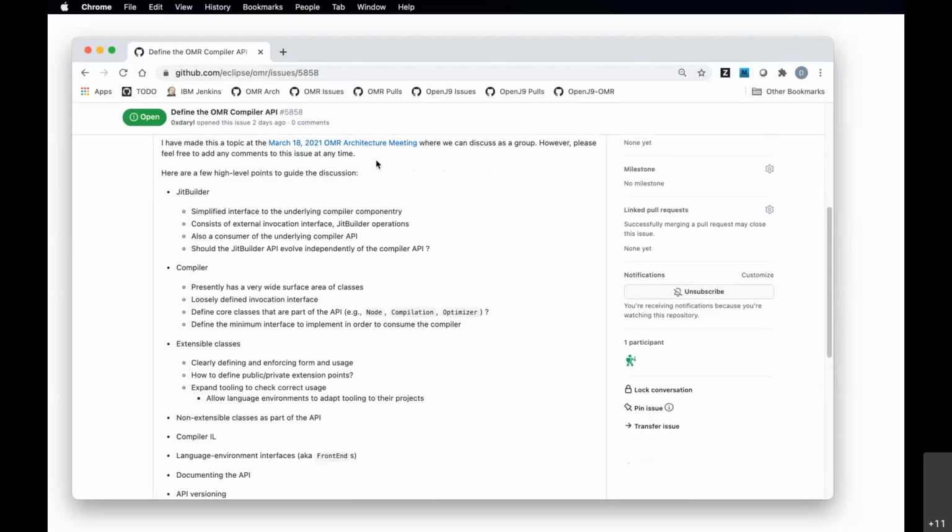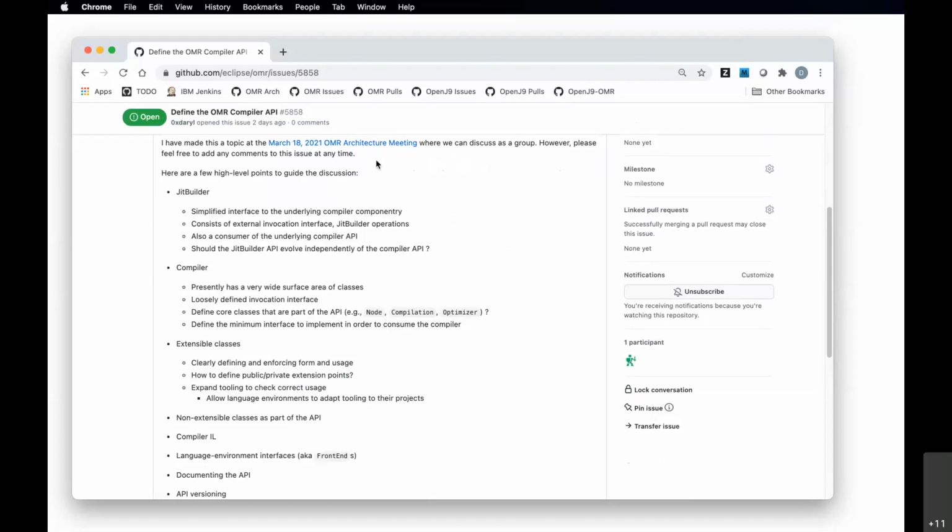The other is sort of a reflection of the fact that this is a rather complicated interface, and many projects that would like a JIT don't want to go through that or be exposed to all that complexity.